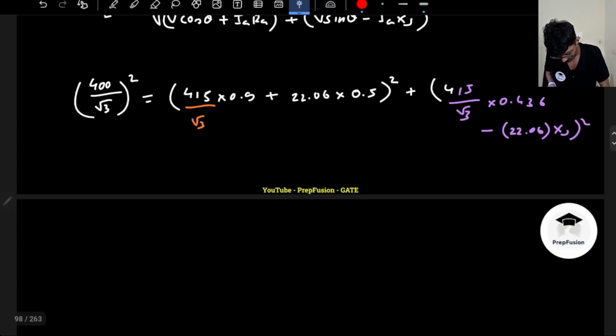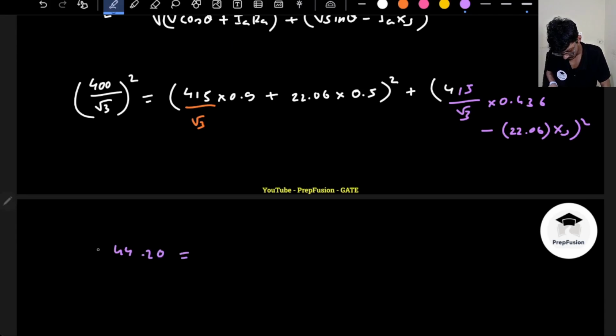So it comes out to be 44.20. This can be 415 divided by root 3 into 0.436 minus